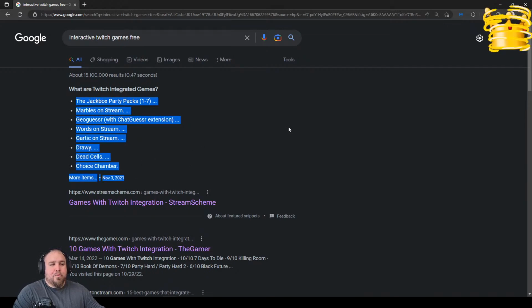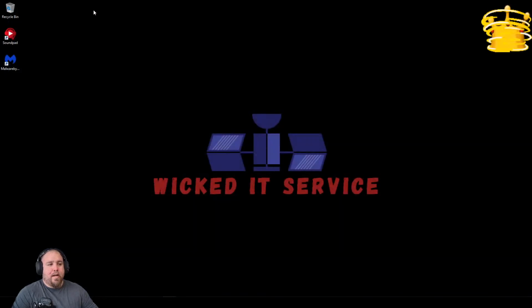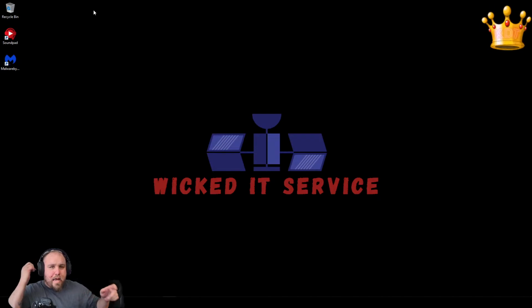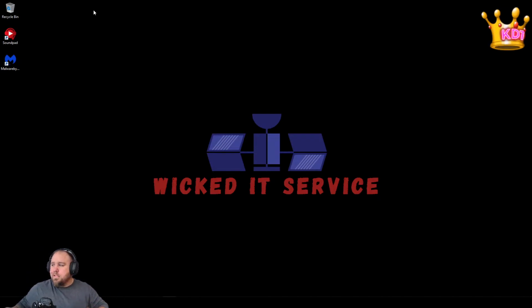I seen one, it's basically like a tile board and 8 people can play. And while the 8 people are playing, all you have to do is type left, right, up, down, or whatever, and it moves your piece across the tiles.